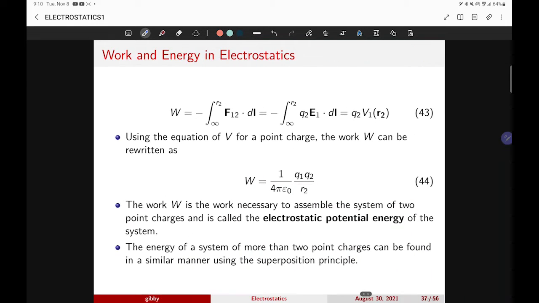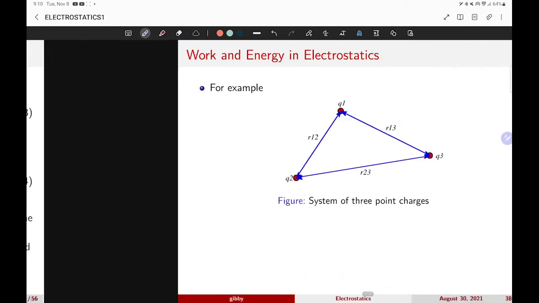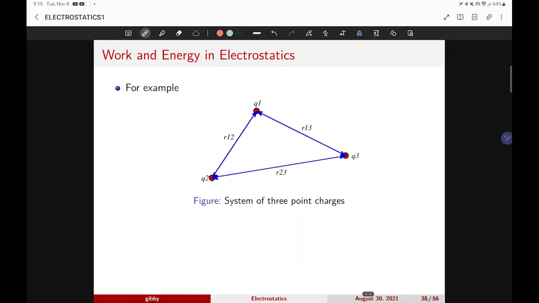So the energy of a system of more than 2 point charges can be found in a similar manner using the superposition principle. Katong kaganina is kanisiya, this is for 2 charges, Q1 and Q2. This is a distance R2. How about for a 3 charge system? So the same principle applies. So you have this